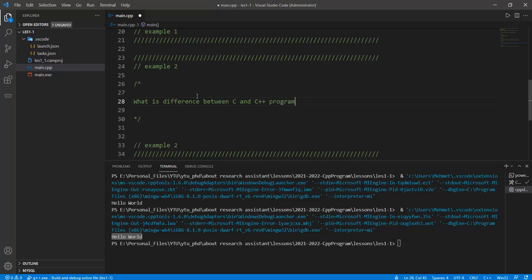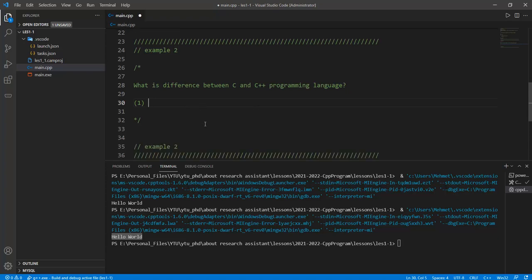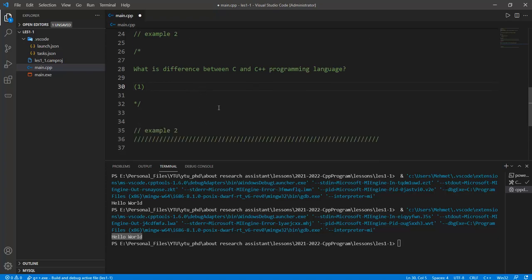Okay, and so there are 5 main differences between the C and C++ programming languages. Firstly, C is procedural programming. Okay,